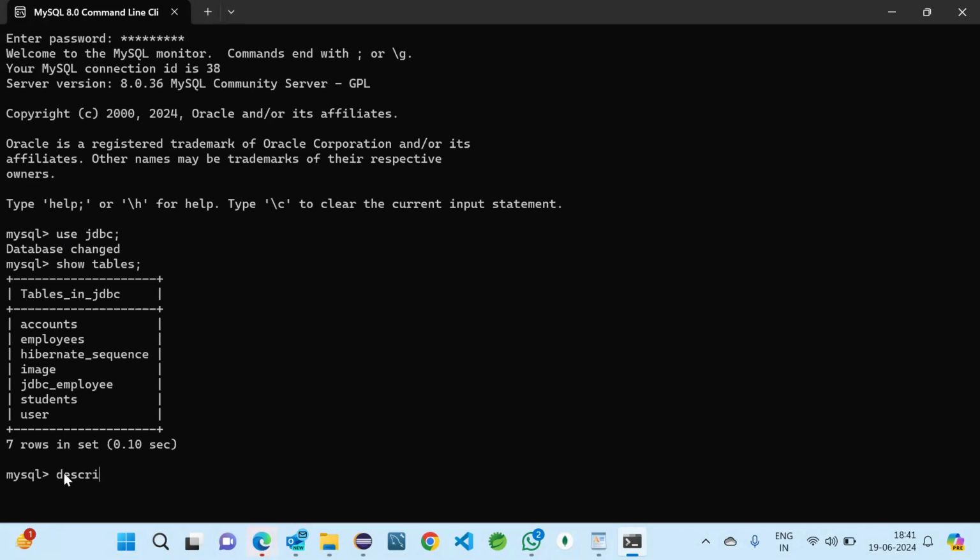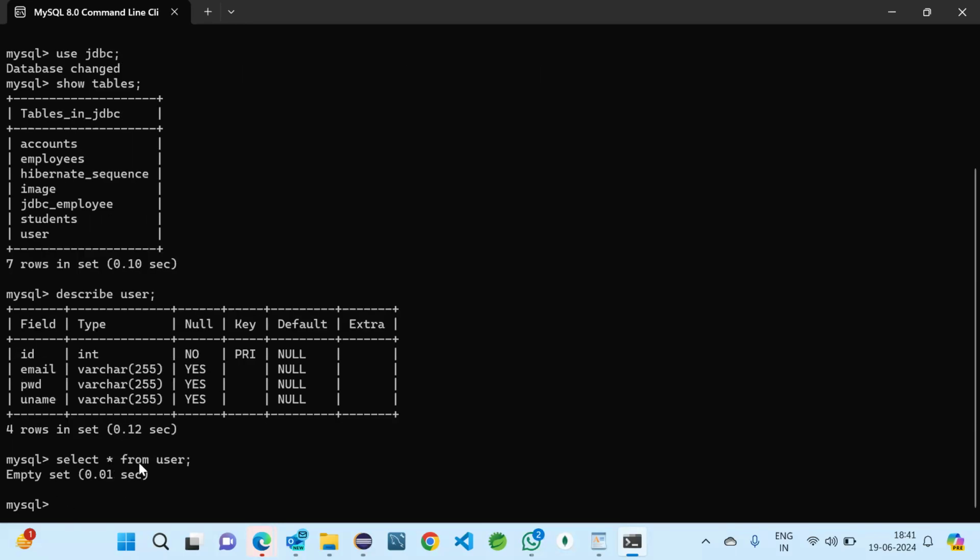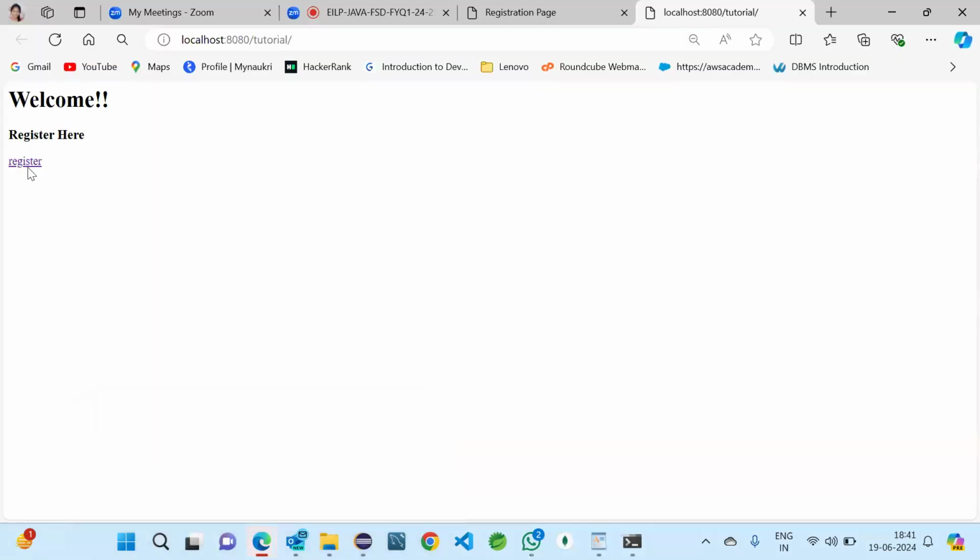If we describe user, we can see ID, which is the primary key, email, password, username. Select star from user. We have nothing for now, so we'll just try to register one user now.